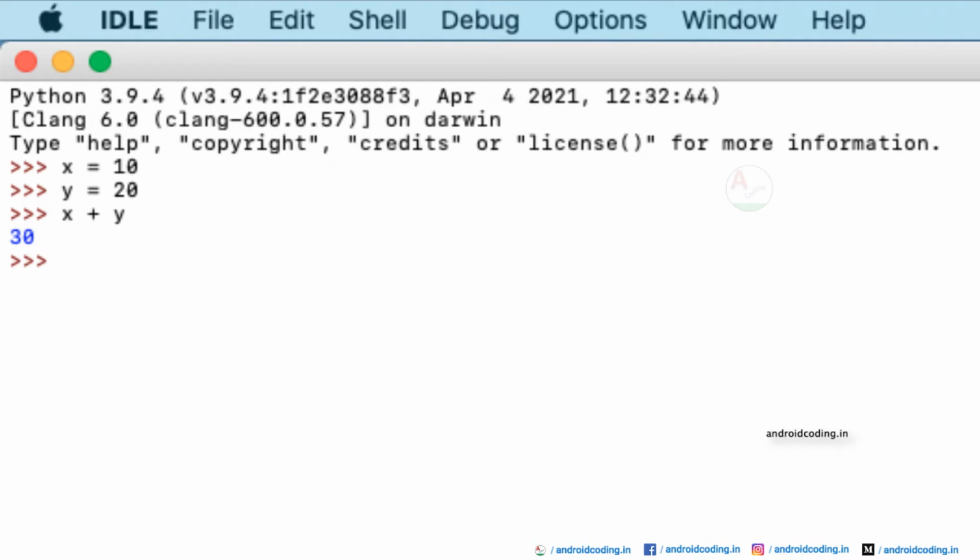So we have not explicitly provided the keyword print, but as we have seen in our previous tutorials, we can directly execute single line statements using the IDLE. So now we got the value 30, and by using underscore plus 2 we have got 32, because the underscore denotes the previous value, as we have also seen in our previous tutorial.